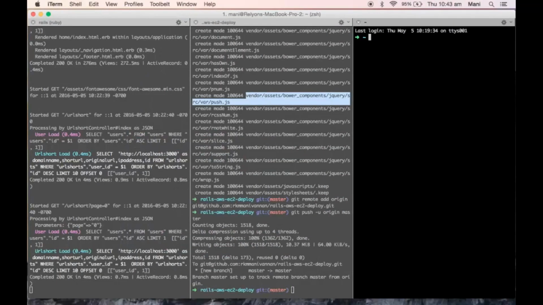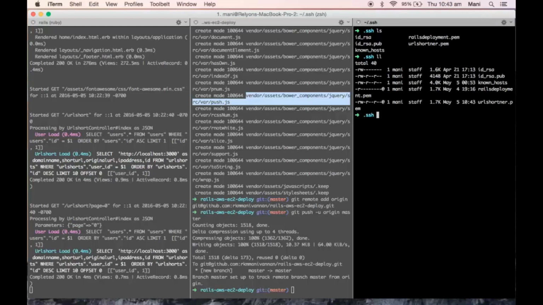So we copy the downloaded URL shortener file and paste it into the SSH folder. We'll check. Now URL shortener is available.